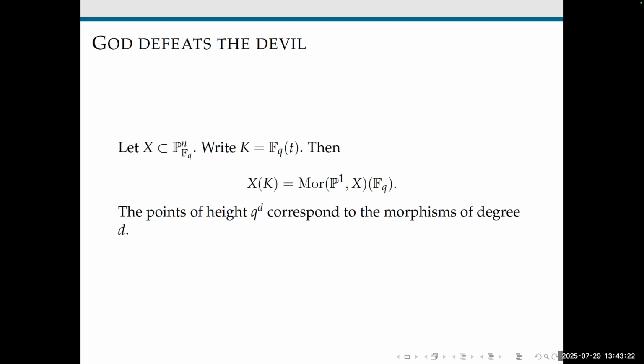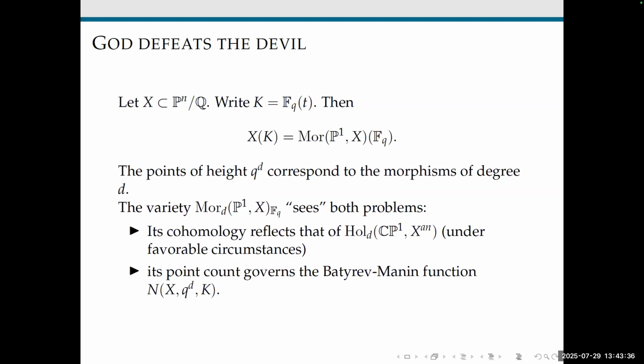And what's more, this notion of height that I did not define, I promise you that what height means for a point over this function field is that it corresponds to the degree d maps on the right-hand side. So this variety, now here I have it right, it's supposed to be in Pn over Q. This variety, the variety of rational curves on X, or the variety of morphisms from P1 to X, it somehow can see both problems. And again, I should have written the variety of morphisms over Q, not over Fq, because on the one hand,